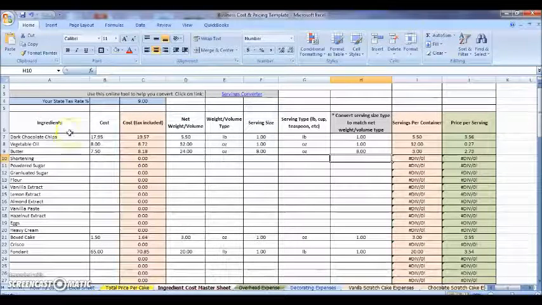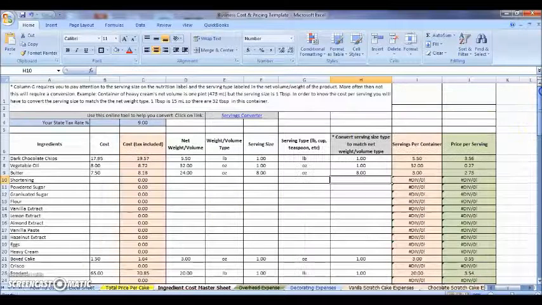You have to include your cake boxes, your inserts, any material that you have a cost of. You should insert it here. So in column B, you are going to insert how much all of these items cost at your supermarket, wholesale, wherever it is you're getting from. Column C is going to calculate your